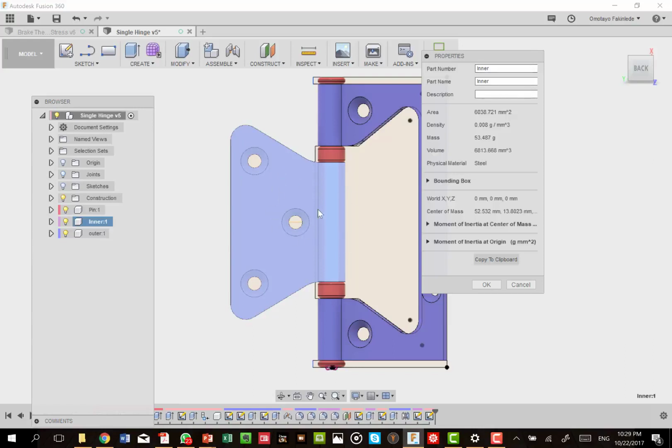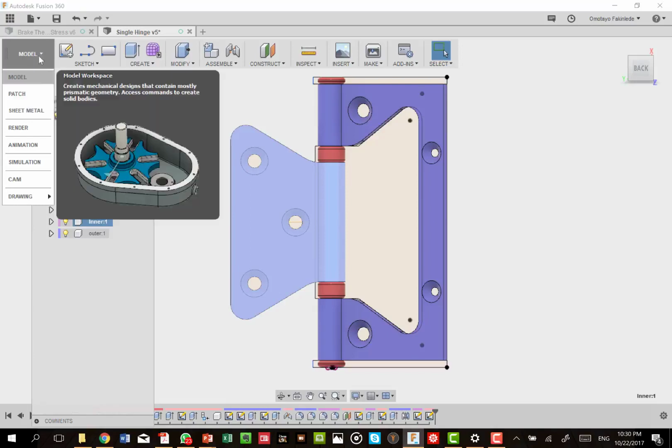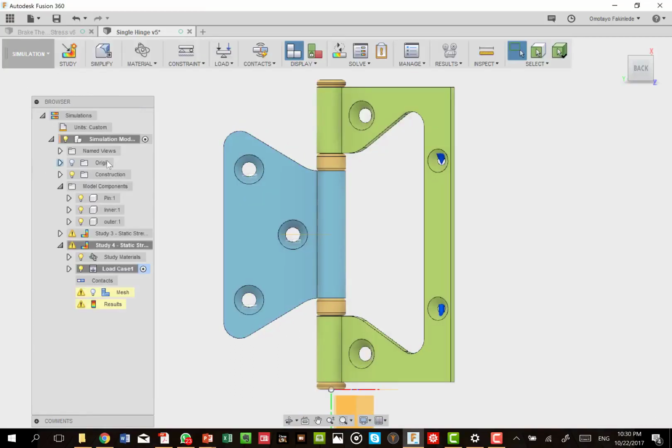So for any component, even within the model workspace, you are able to get as many properties defined, because you have just completed your model. Just as soon as you complete your model, you can request those properties. But let's move on now to the simulation workspace. If we want to go to the simulation workspace, we just go down here, click this model button here, and we move to the simulation.